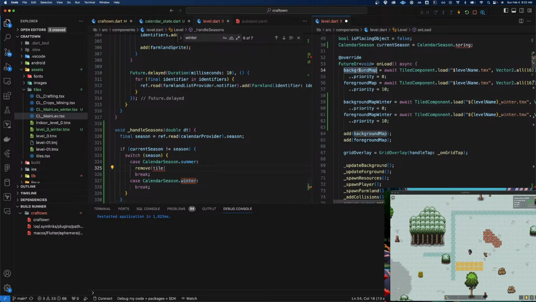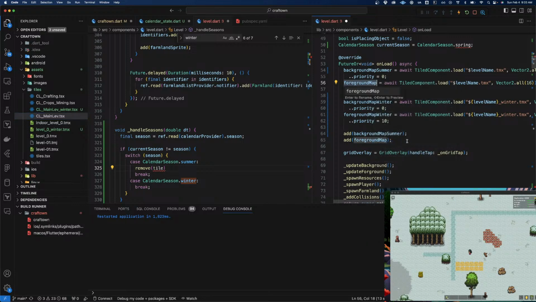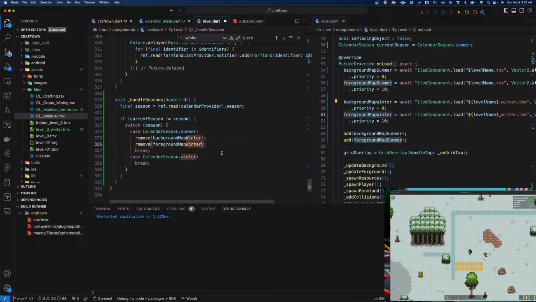I wonder, maybe I'll rename this just to make it really clear. Background map summer. And we'll rename this symbol background foreground map summer. And we'll start in summer. So if it is summer, we want to make sure we remove our winter map and our foreground map winter. In the case that it's winter, oh, and we want to, of course, add